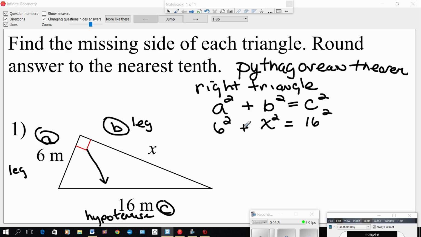Alright, so here is our formula with all the missing parts filled in. One of our legs is filled in and our hypotenuse is filled in. So we've got to find the other leg, our x value. To do that, we just simplify the terms of our equation. This is what you normally do when you're working with equations. You simplify first. So 6 squared, if you think about it, is 6 times 6, which is 36. Plus, we don't know what x squared is. We're trying to find that. Equals